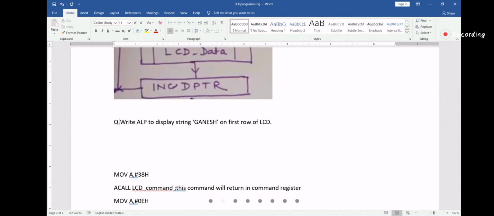This is your question, and you have to do this in Proteus. You will display Ganesh on the LCD. I'll give you the program today. Write an ALP to display the string Ganesh on the first row of the LCD.